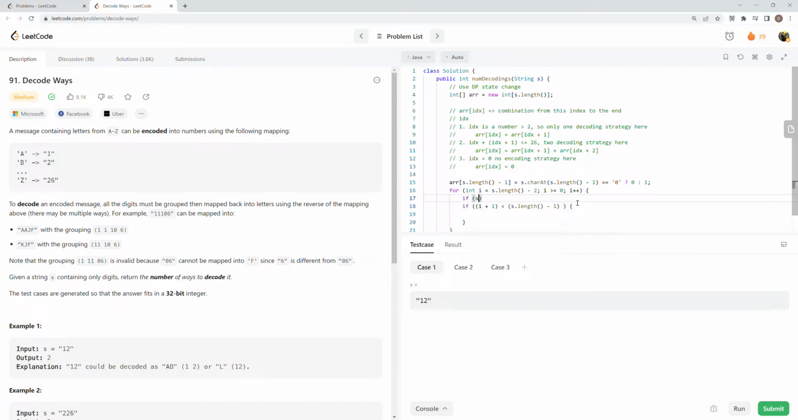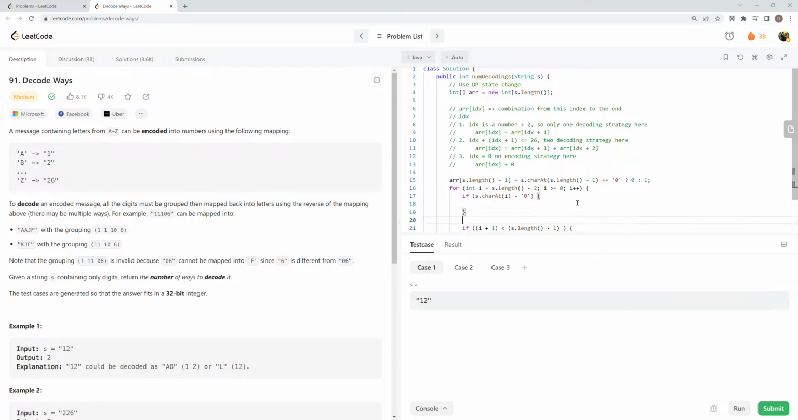So if s dot char at I - 0. Actually, I'm not sure if it's a valid syntax in Java or not. Anyway, if this is strictly greater than 2, then we don't need to consider anything. We just do that array s equal to array s plus. That's all we're gonna do, and continue